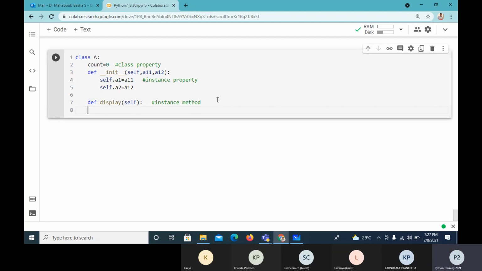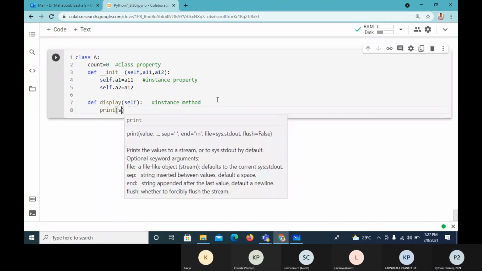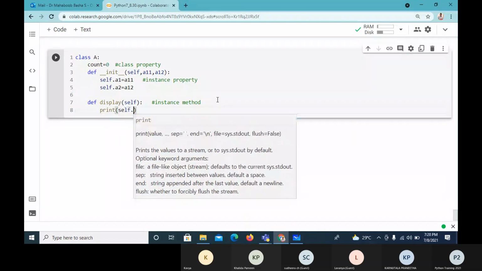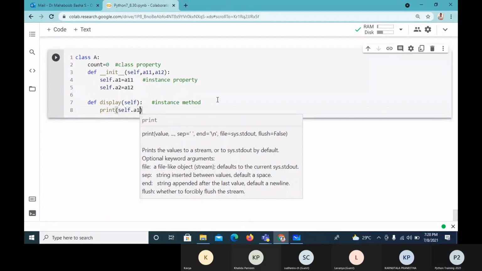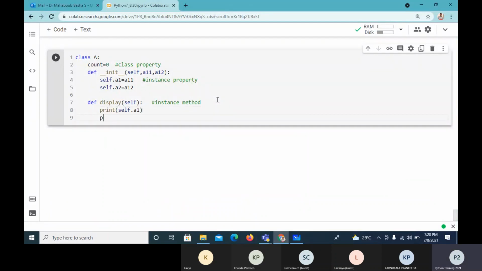Okay. So here I'm going to display, print self.A1 equals self.A1, then print self.A2.